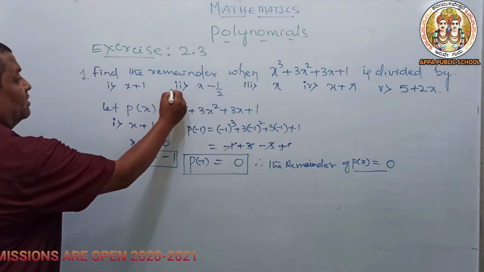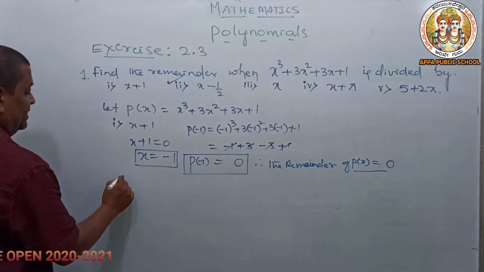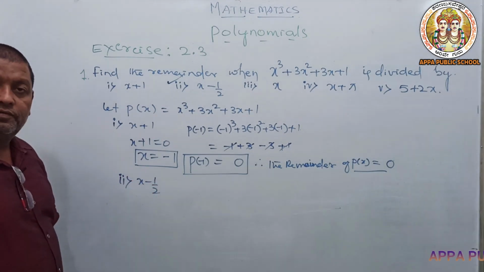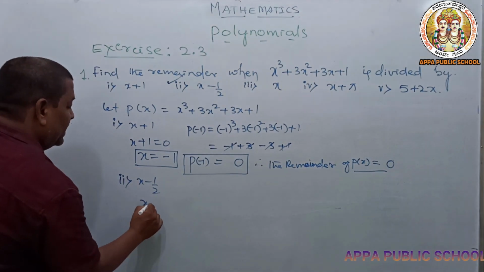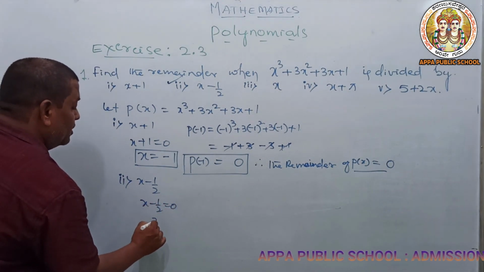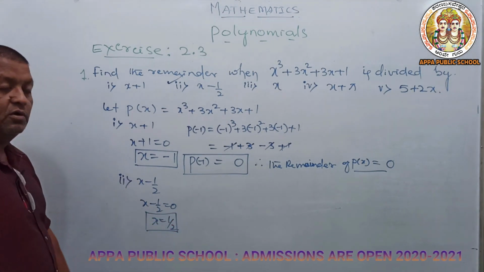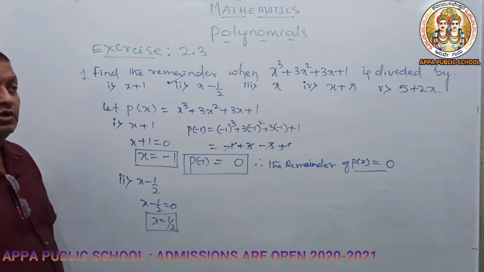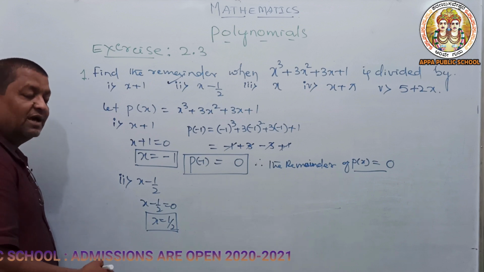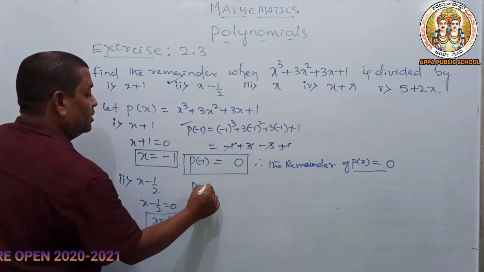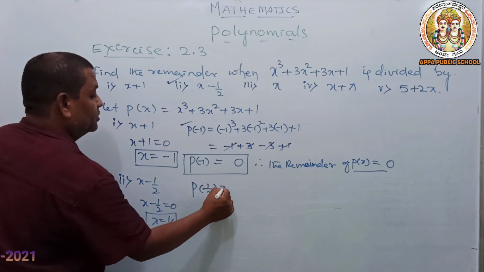Let me tell about the second, x minus half. Once again, x minus half is equal to 0, then x is equal to plus half. Already we know this. Equate to 0 and get the factor value. x is equal to half. What is next? Substitute. Now p of half is equal to